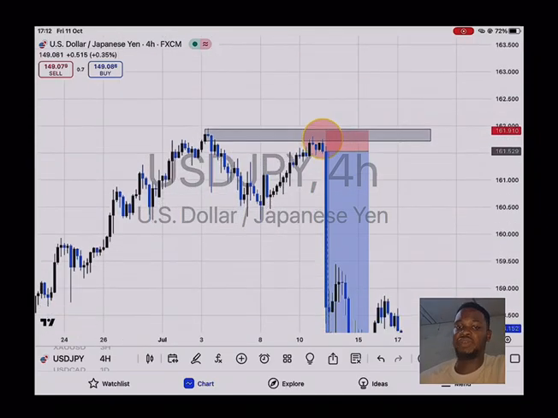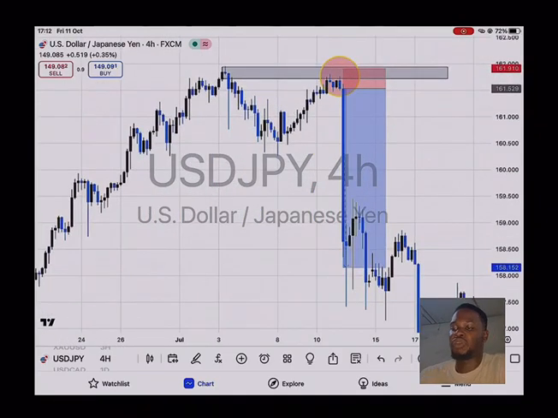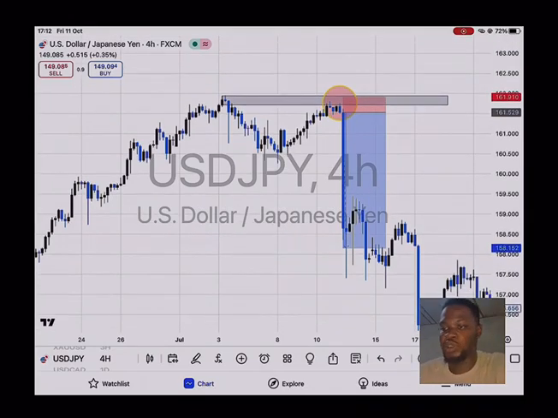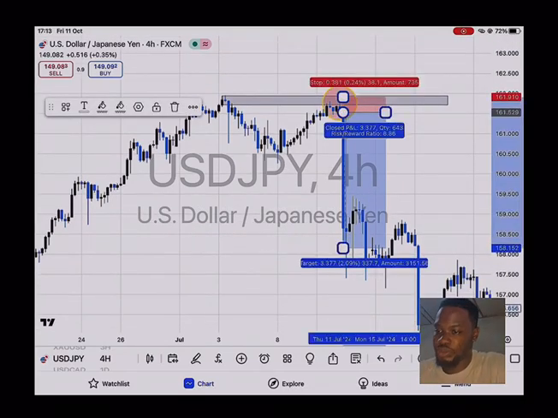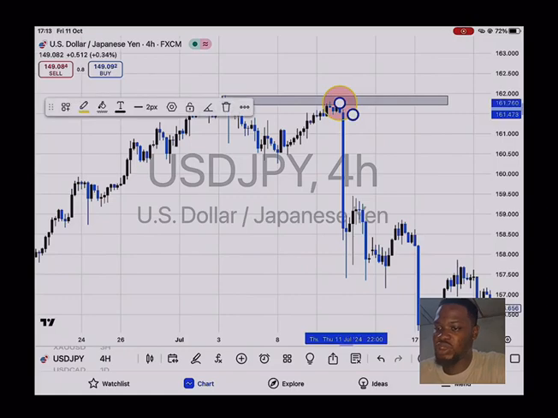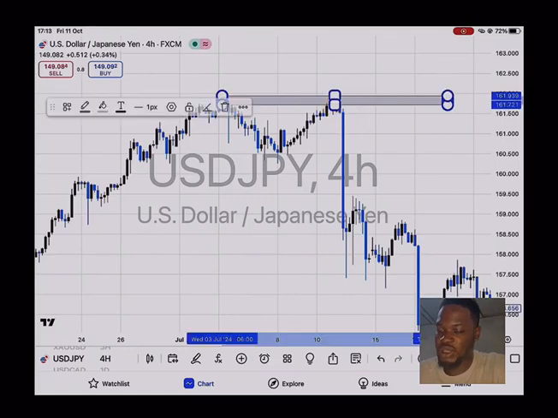So this is how we identify bullish and bearish engulfing candlestick patterns. I believe you understand what I'm trying to talk about. Now, the next candlestick pattern on my list is the